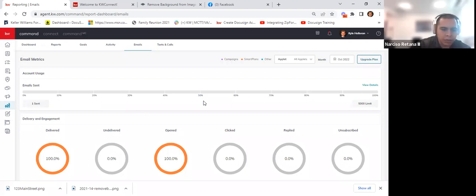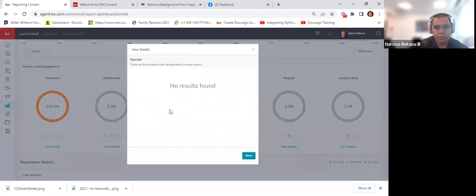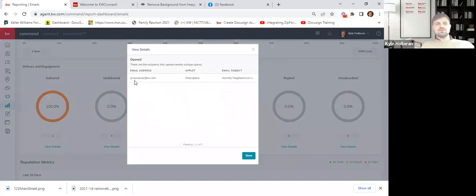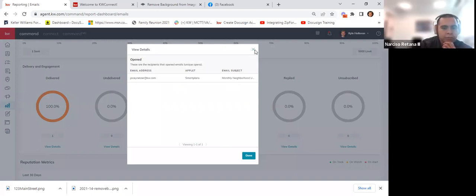Really quick on this emails tab, if you hit the details, does it show specifically who it was sent to and who opened it? Yep, 100%. It'll show you exactly who it is, right? So JC opened it on this one. I was probably working with her. You name them all, right? So the subject of the email went out, Happy New Year. That's how you know exactly which email campaign, exactly who it was. Yep. Love that. Thank you. You're welcome.